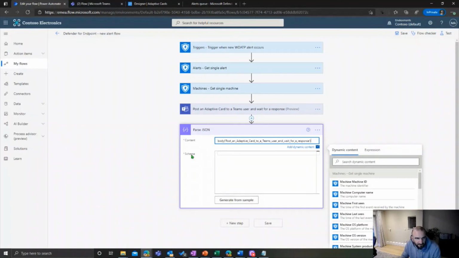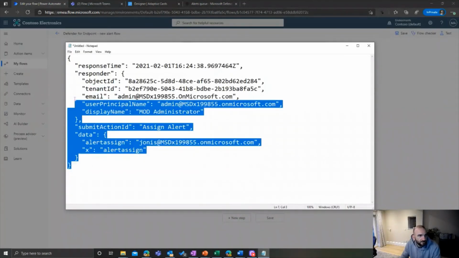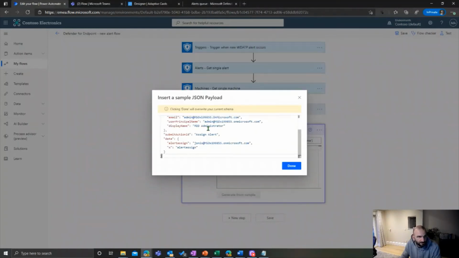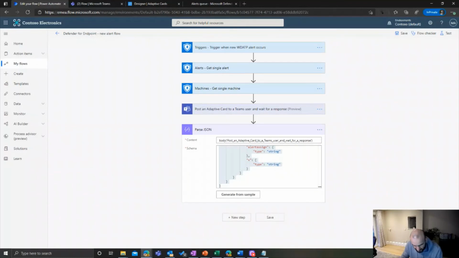And then for the schema here, we need to generate from sample, and this is where we paste in this output that we grabbed from our previous run, and that will then allow us to use some of these variables in the next steps in our flow. So once that is done, we can then move on to